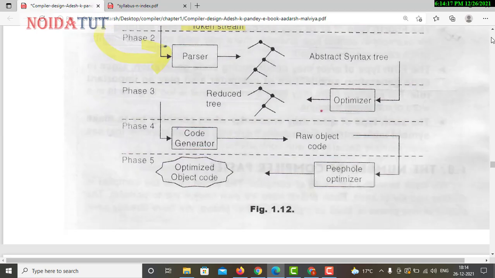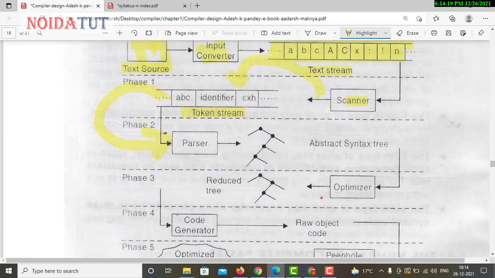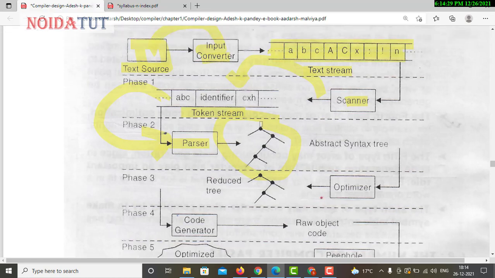Now in peephole optimization we are just following the same path. In the parser, what is the parser? It is making the abstract tree. What is abstract? Abstract means hiding the internal details and showing the essential features. The abstract tree is just going to draw everything. Then from the abstract tree it proceeds to the optimizer, that means shortening of the tree. After shortening of the tree, it proceeds to the code generator. That means after shortening, the code is ready to process.